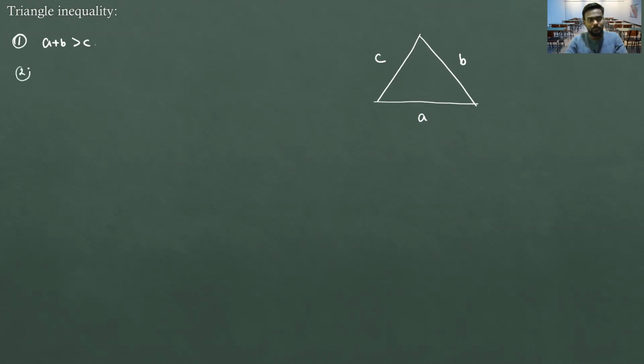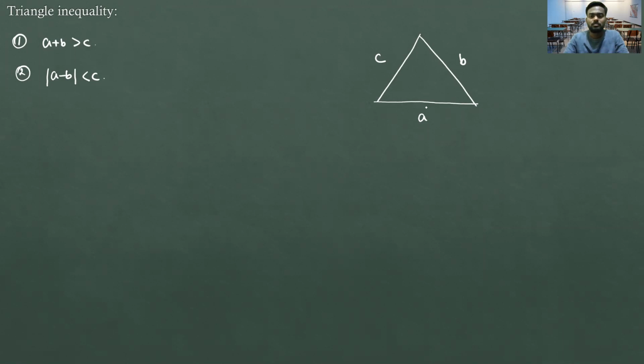And the second triangular inequality is what? If you take the difference of two sides, difference means it should be positive. Now I don't know whether A is greater than B or B is greater than A, so I am taking the modulus here. So modulus of A minus B will be less than C. This is the triangular inequality we generally study in earlier classes, in class 8 or 9. Now we will see how we use this in complex numbers.